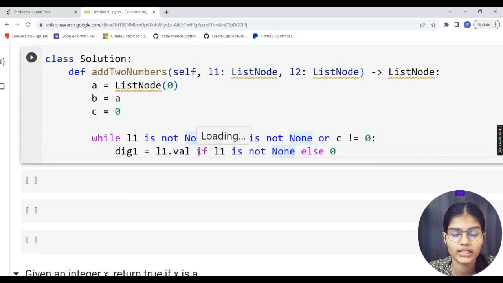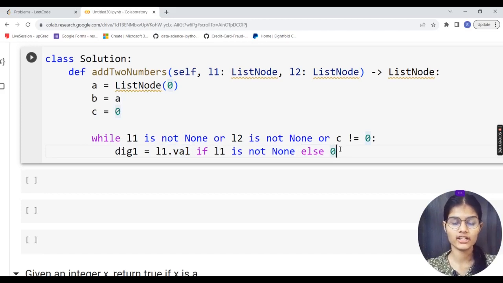This is a shorthand if else condition. So if L1 is not none, if this condition is true, that if the value in L1 is not none, then this L1 dot val will be executed. Otherwise the result will be 0. This is termed shorthand if else.